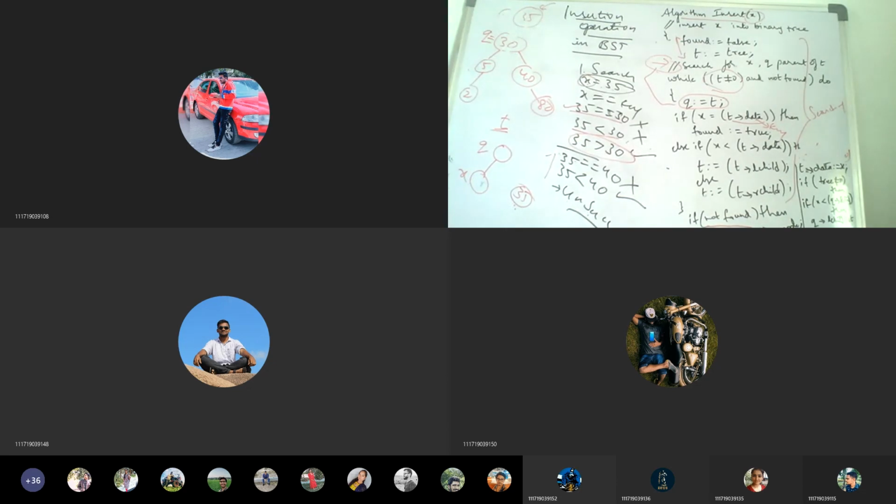So if a tree exists, by comparing whether it is lesser, it goes to the left child, or greater, the right side, and it will be inserted. If not, there is no tree, and the key itself will become the root node. So this is the procedure for insertion of an element into the binary search tree.